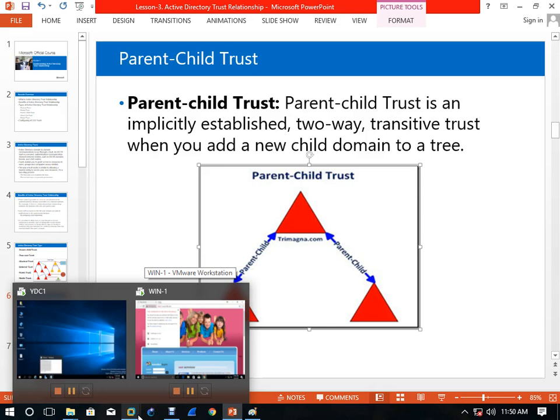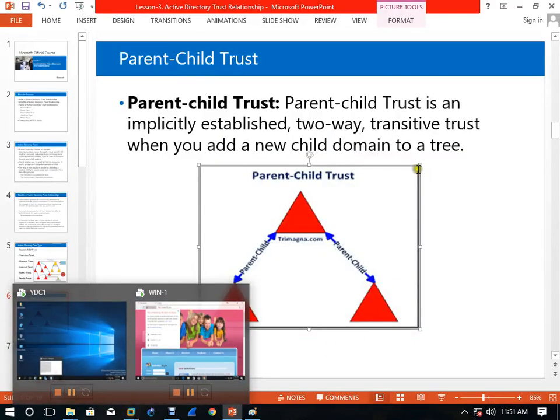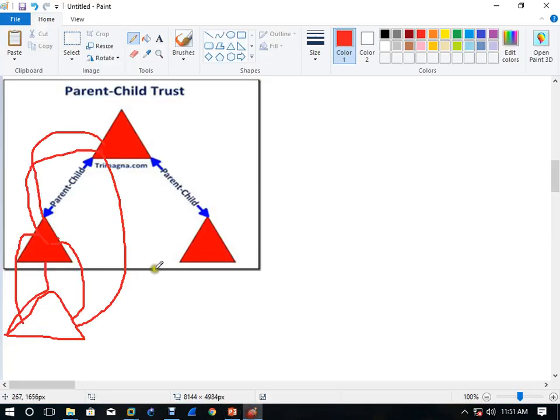If you are my friend and we have transitive trust, and you have some other friend, then automatically that friend is my friend. So this is the transitive trust. If you have a trust with me and that trust is transitive, and this server has a trust with another one, then automatically this and this have a trust.